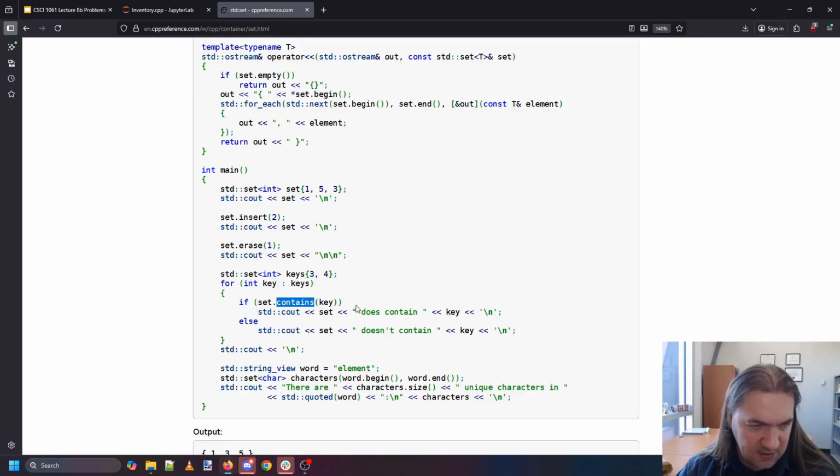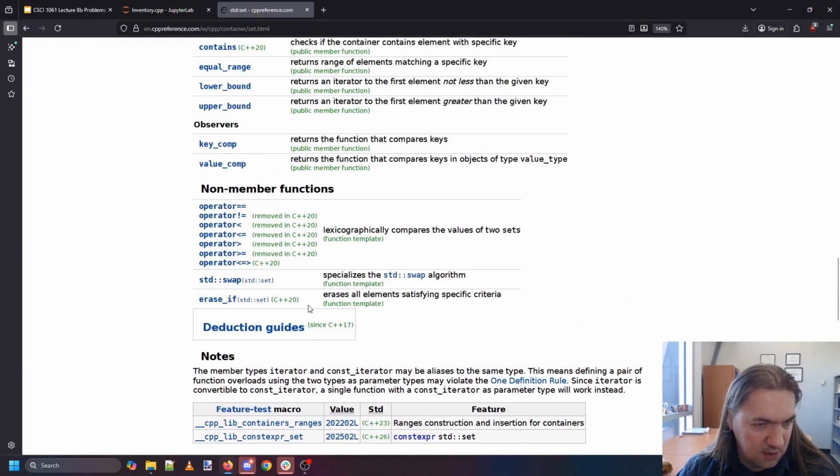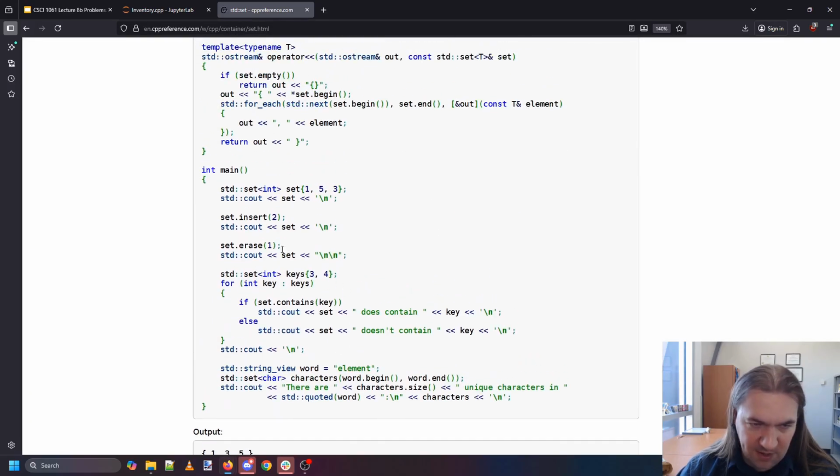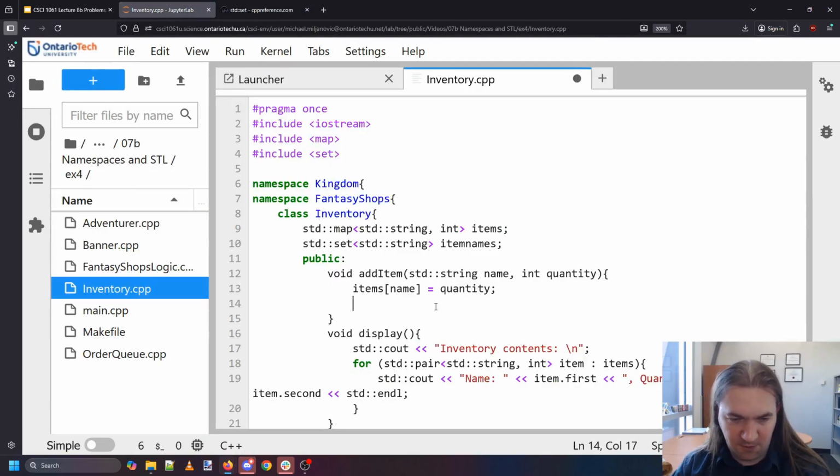So contains, I think, is a new function, which is only for C++20, newer than we have. We'll be stuck using the find function instead. Now, to add to a set, I need to use .insert. But the reason I want to do this is that it'll actually let me know if something is inside of my map or not. So first of all, let's